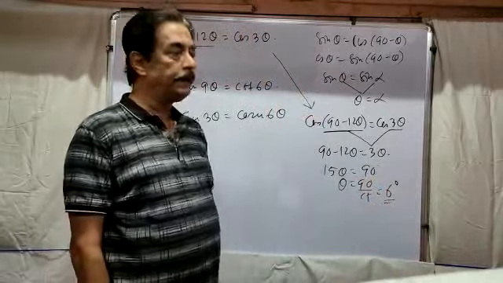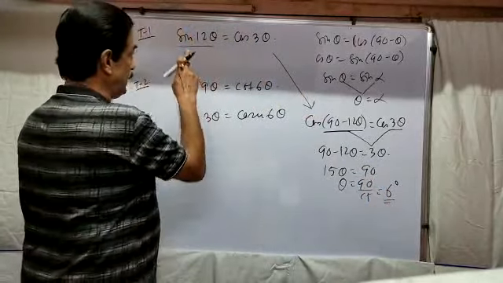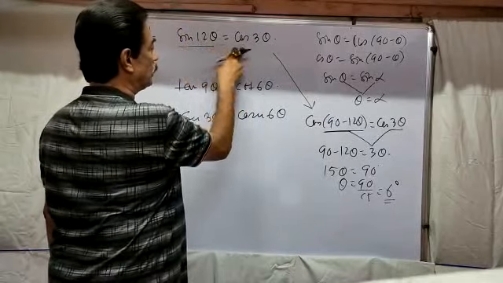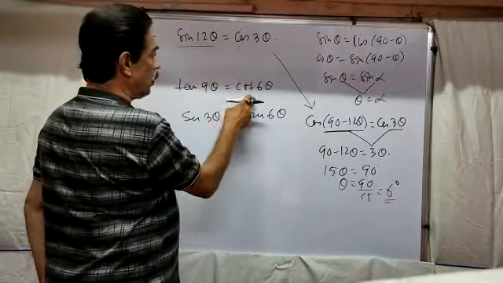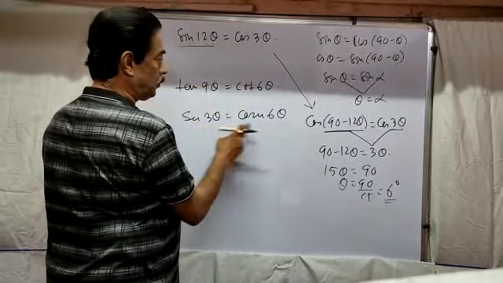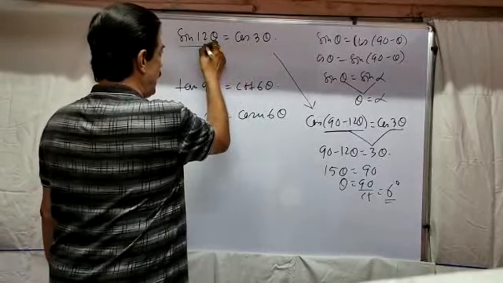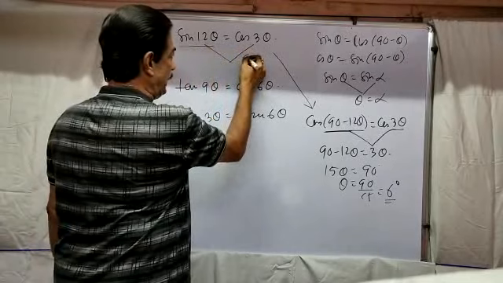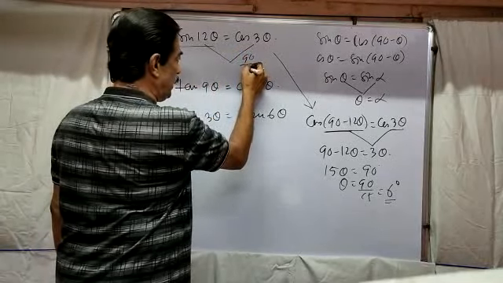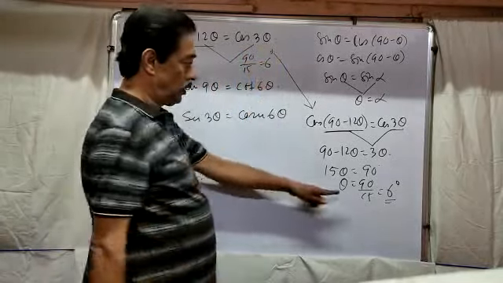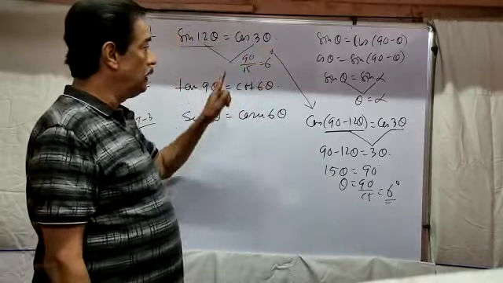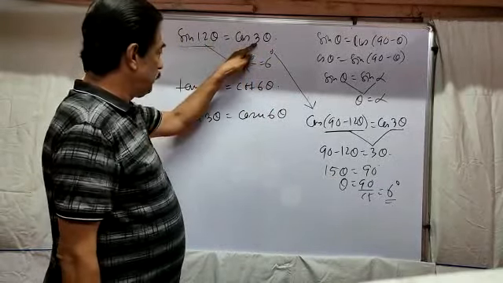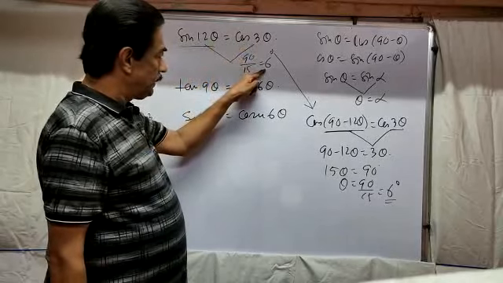But you have to adopt the techniques. Condition: if sin 12 theta equals cos 3 theta, if sin cos or cos sin, if tan cot or cot tan, or if sec cosec or cosec sec, add these two numbers. 12 plus 3 equals 15. 90 divided by the addition of the two numbers, you can get the direct result, 6 degree. What is the rule? 90 degree, add these two values. 12 plus 3 is 15. Divide by 15, we can get the direct result.